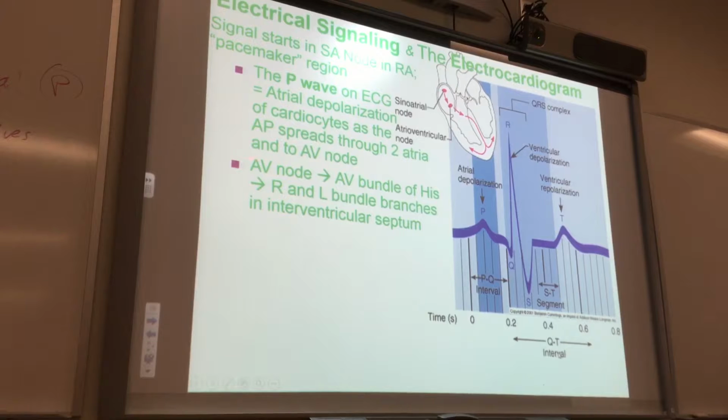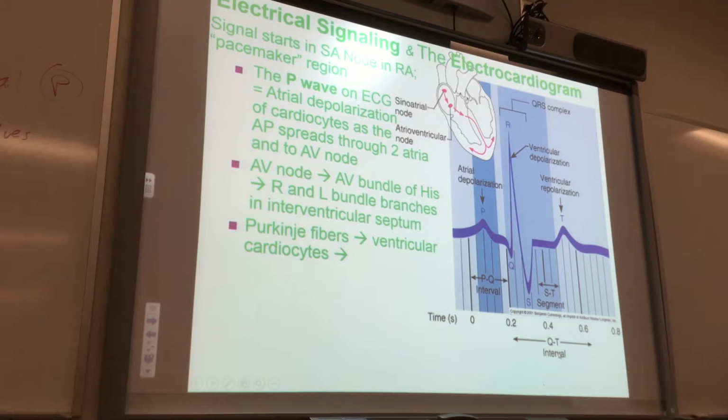So the signal goes, as you know, from the AV node to the AV bundle of His, right and left bundle branches, and the interventricular septum. What's this thing, the interventricular septum? It separates the two ventricles. Then, we're still just doing the P wave, atrial depolarization. After atrial depolarization, the signal goes from the AV node, AV bundle of His, bundle branches, Purkinje fibers to